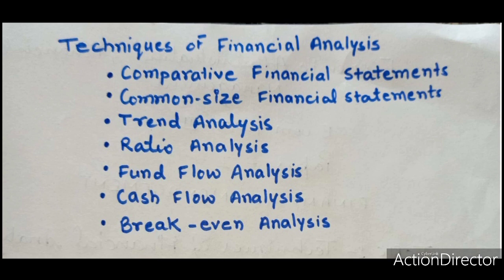The objective of comparative financial statements is to ascertain the changes occurring year by year in each item of assets, liabilities, and net worth shown in the financial statements of a business firm, and whether such changes are favorable or adverse. However, it should be noted that there should be uniformity in the application of accounting principles and methods followed in collection, recording, and presentation of accounting data.